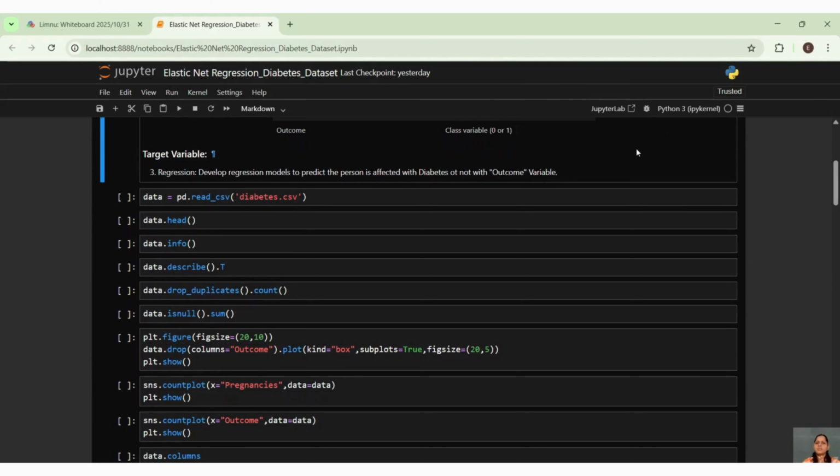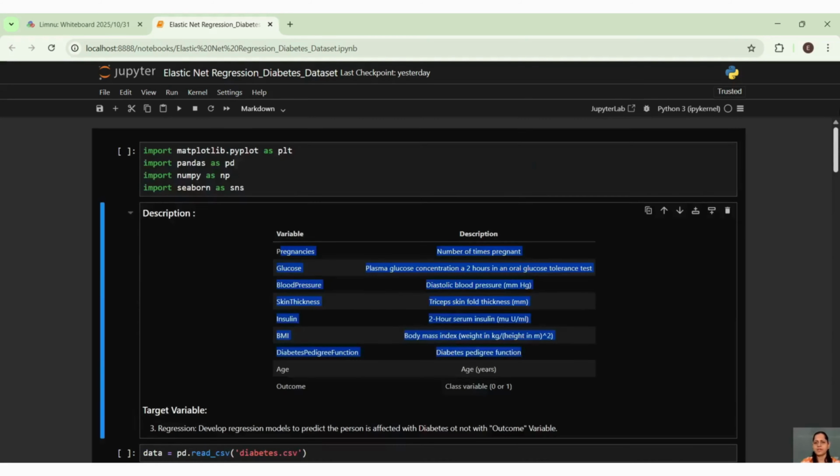And what is the purpose of elastic net regression, guys? Elastic net regression is going to give you the best possible features which you can consider, if you have a very large data set, right? Here only 7 or 8 or 10 columns are present.